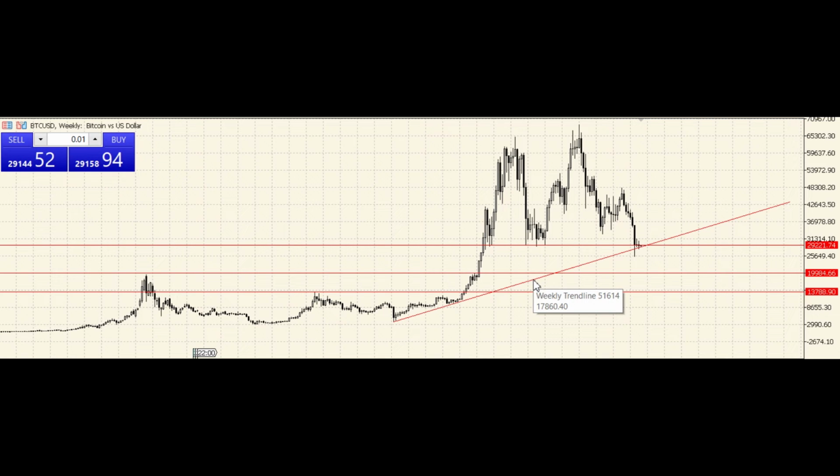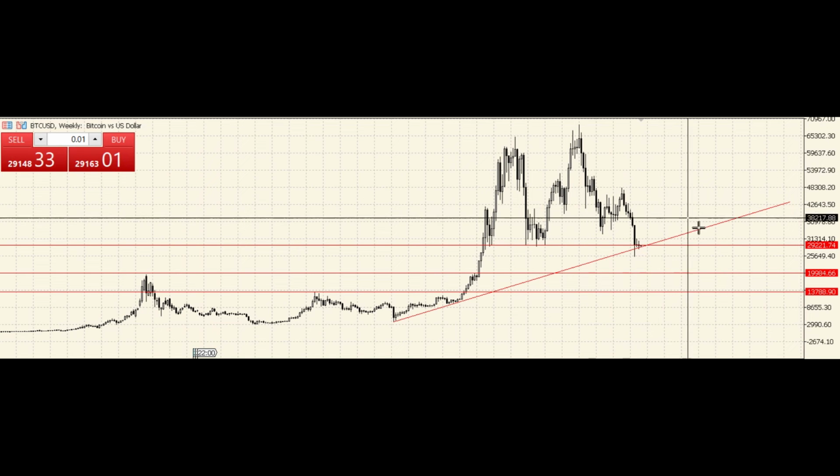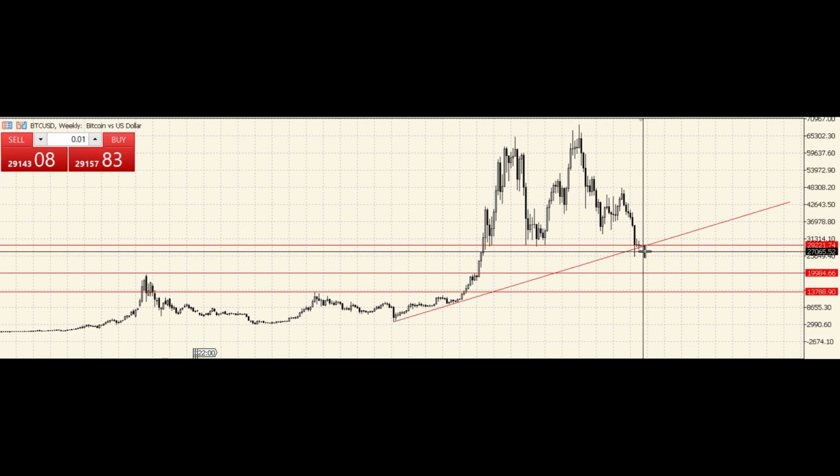It's a big support, weekly trend line, weekly support, and this trend line starts since the beginning of March 2020. As you can see, there was a big rally, and this rally stopped at $60,000. So today we're trading on this big support, and if we will go down, if we will break this